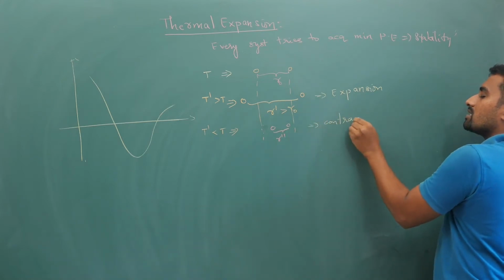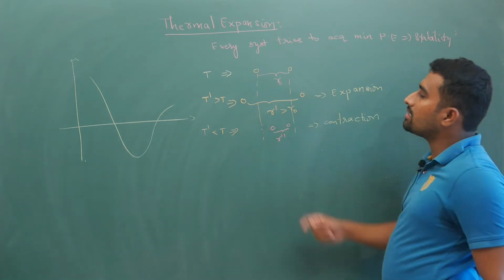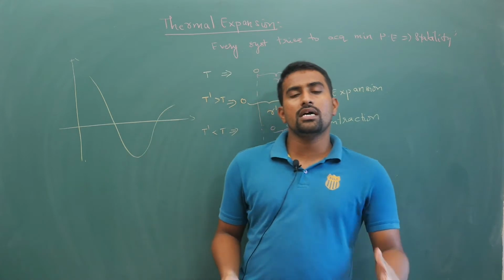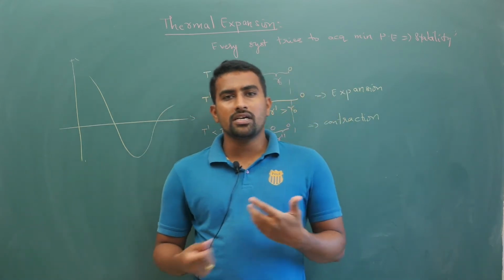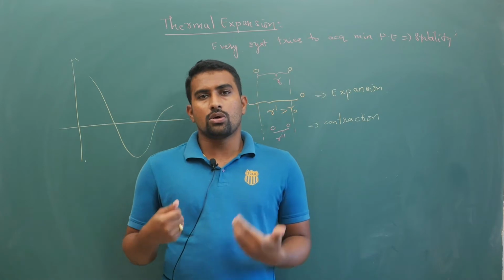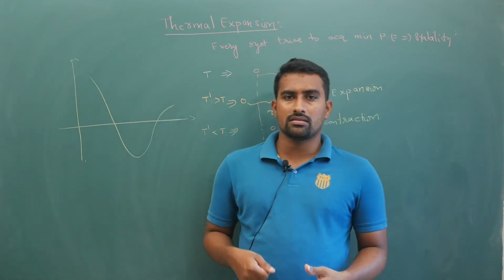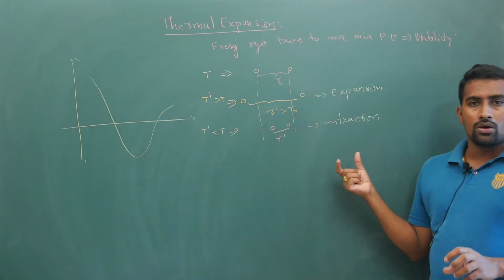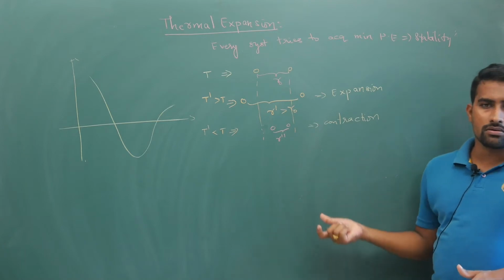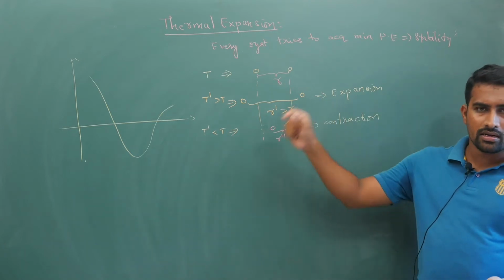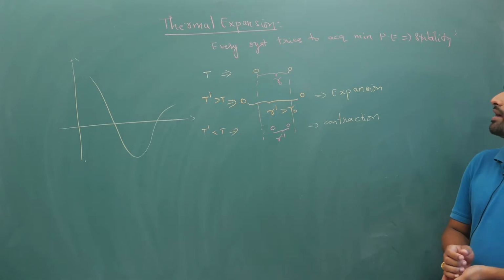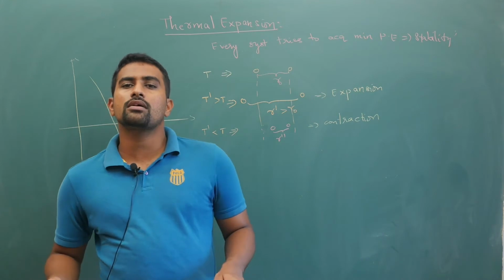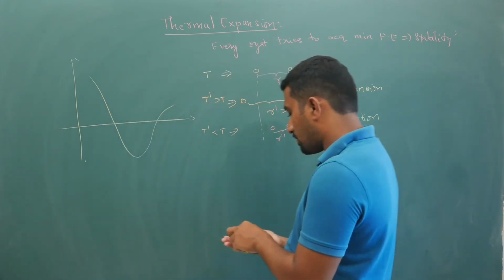Now from this statement, this equilibrium distance is kind of bond length if you are talking in terms of chemistry, but here my point is every system will try to acquire minimum potential energy. So once minimum potential energy is acquired, that system will try to take the new equilibrium position suiting that particular temperature. So ultimately stability is the criteria. From this much story, the ultimate conclusion is your objects will expand.